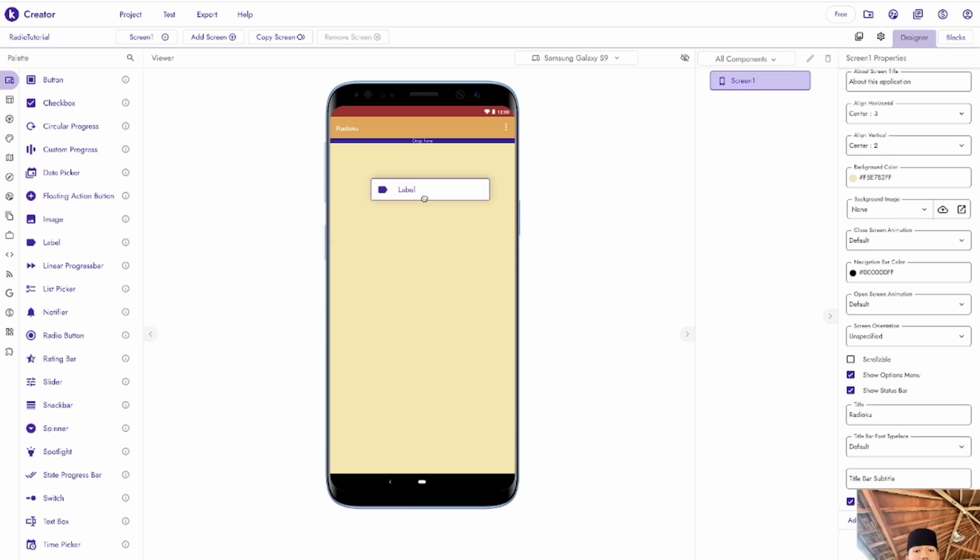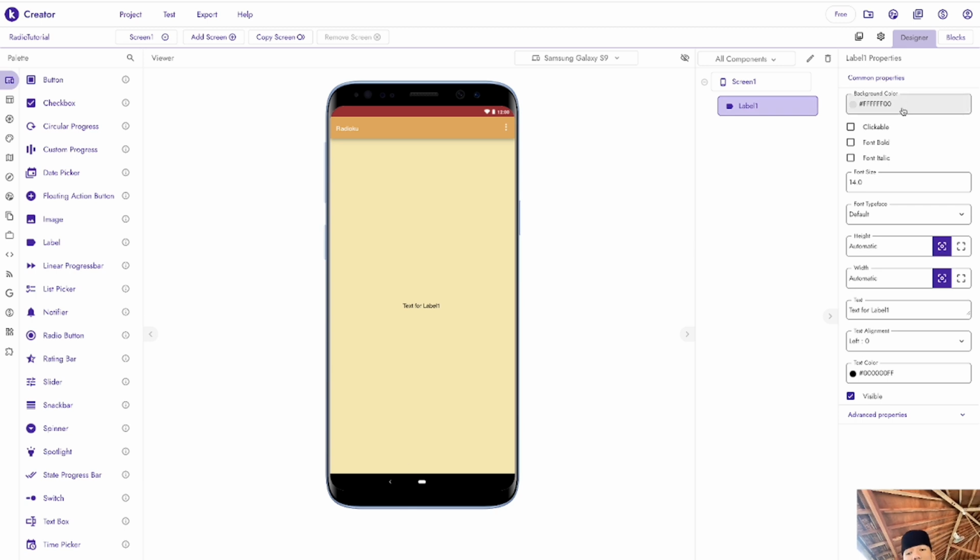Now here, we're going to put the label, and we'll change it to Now Playing. Before that, we're going to change the font size, maybe to 20. Yes, 20 is perfect. Then the background color, we don't need that. For text, we're going to change it to Now Playing.